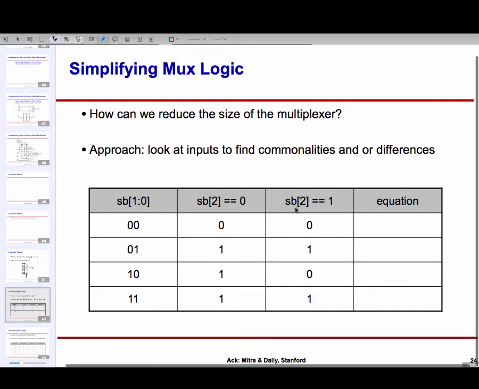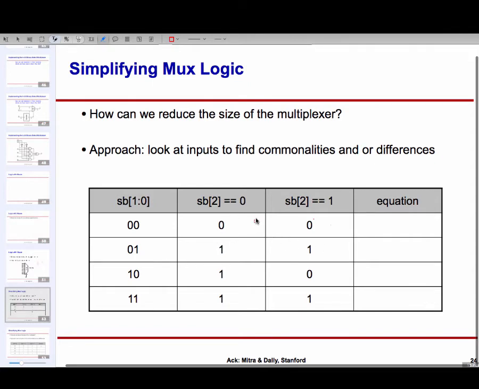The second possibility is that SB2 was 1. So the box here is going to correspond to 1, 0, 0, which is the number 4, which is not prime, so that's why we have a 0. Let me write this properly.